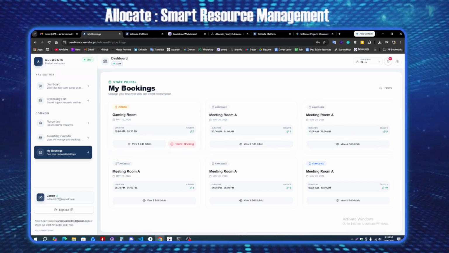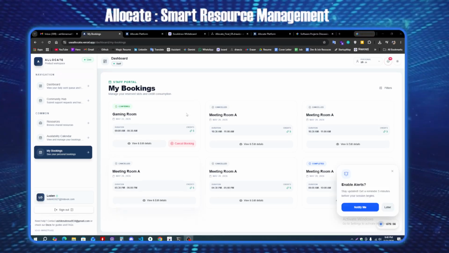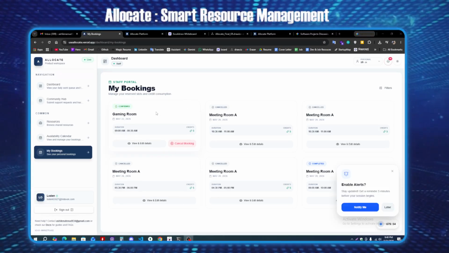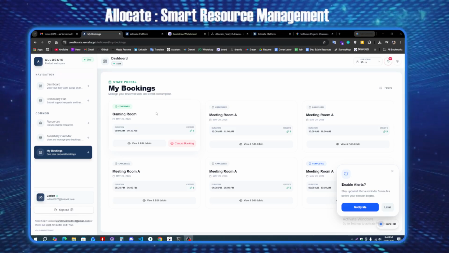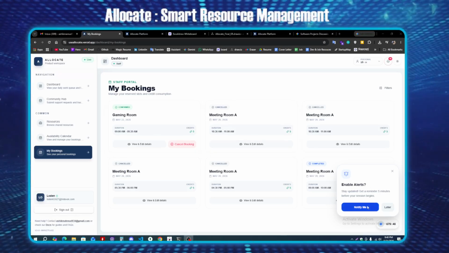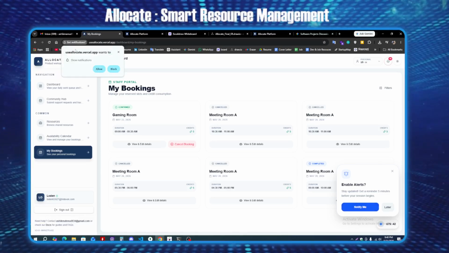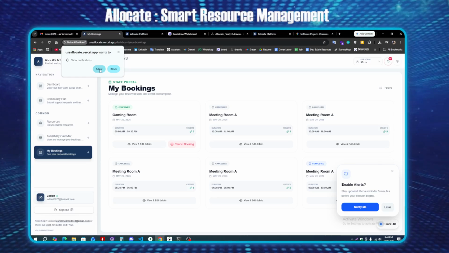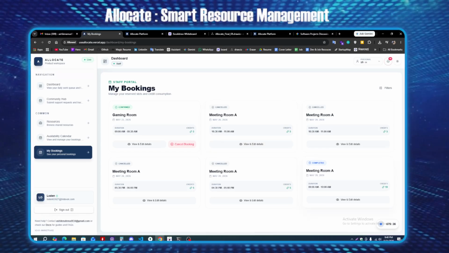So I'm going to show you the interesting things. Just wait, that's the interesting things. I'm just quickly logging into the organization admin and confirming this booking. So as you see, when I confirm, the notification comes off. When he notifies me, I click on it, and it will ask for permission. If I give that permission, it will notify before the